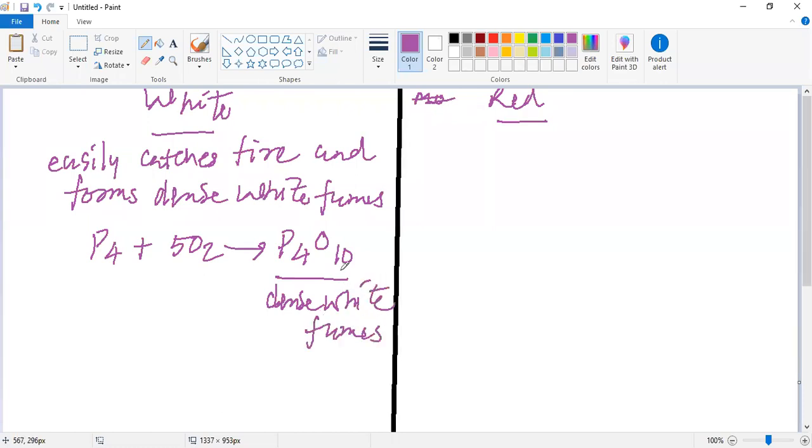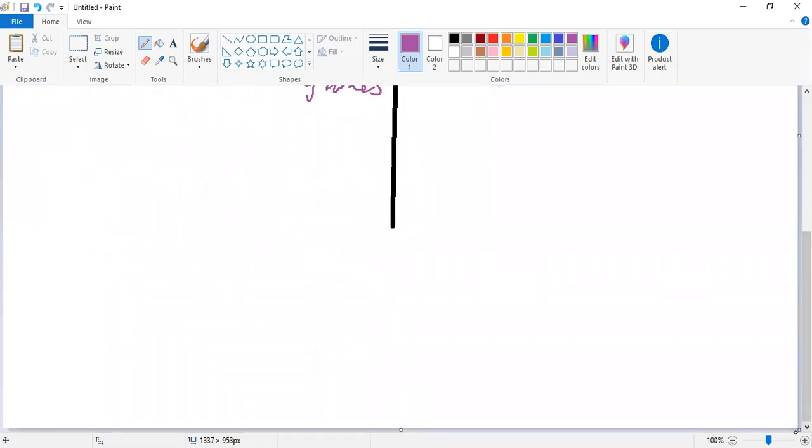My dear students, there is one more reaction that we can study about the white phosphorus: white phosphorus is soluble in boiling sodium hydroxide solution and it gives us phosphine. So white phosphorus is soluble in hot NaOH. It gives